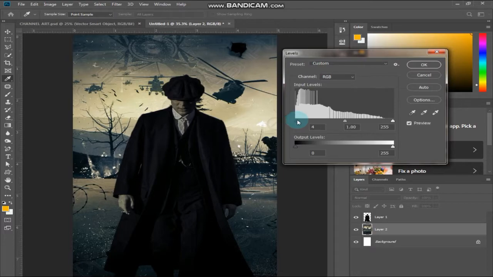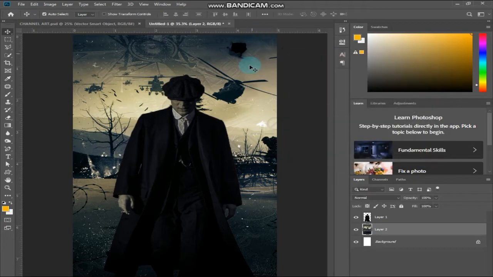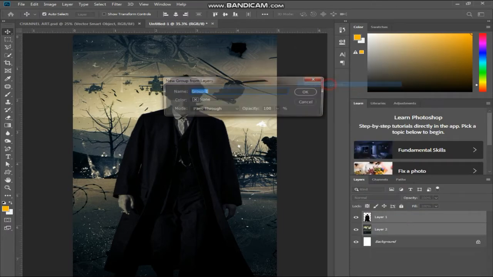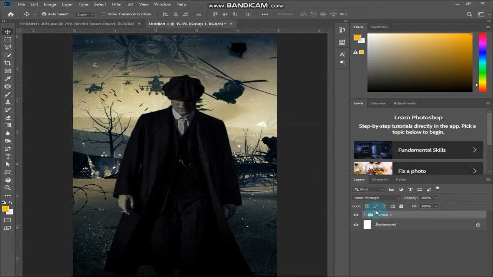Not much. I will not do too much to my background because it's already working so good. So here I think it's looking very nice, very cool. So now I will select both of these: select one layer, press Ctrl, select another layer, and then press Ctrl G. If you don't know, you can also right click on them and click on Group from Layers, and it will form a group. You can name it also. So I will name it like